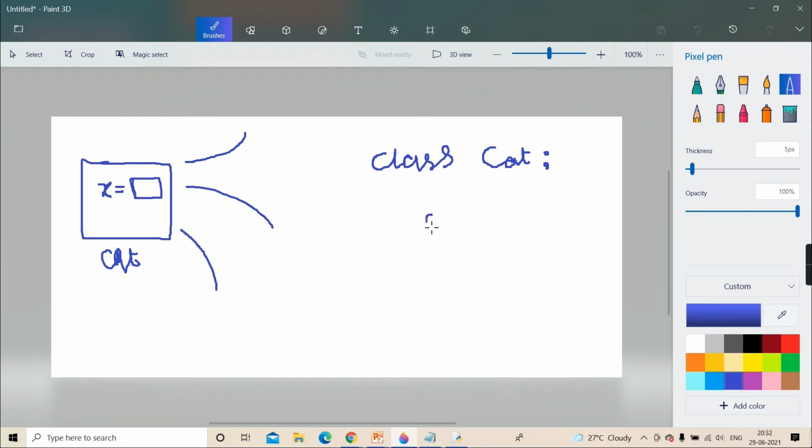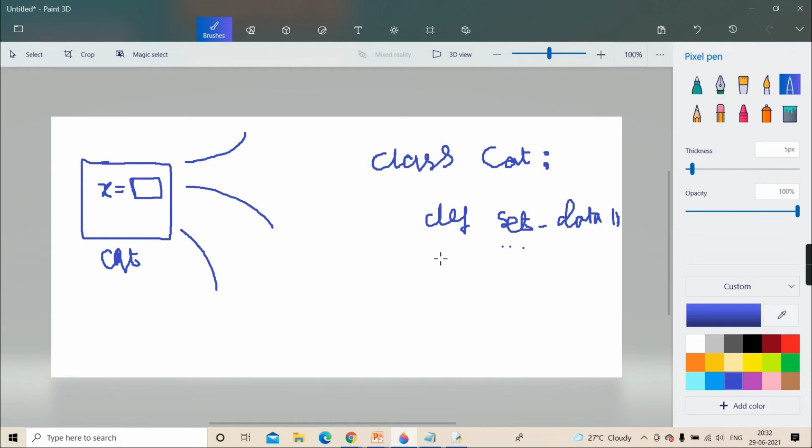Or suppose, for example, here I have defined one method, def set data. Some method is there. This is a method. Every method is a function, remember. But when that function is inside a class, it's called a method. Okay. So now this is your method.